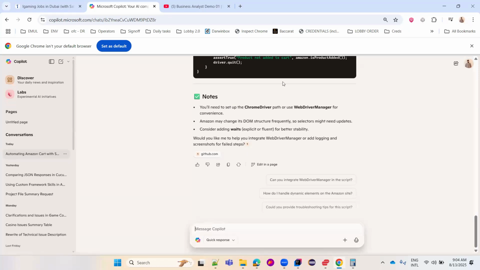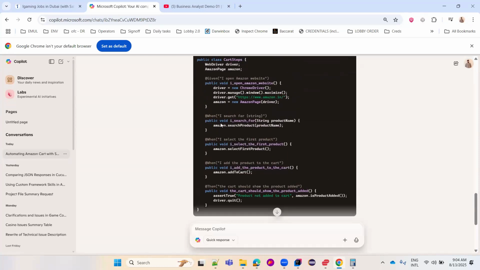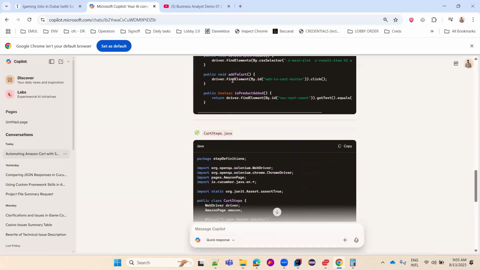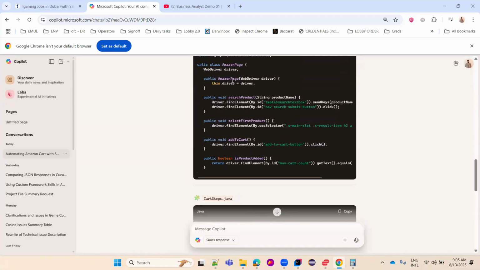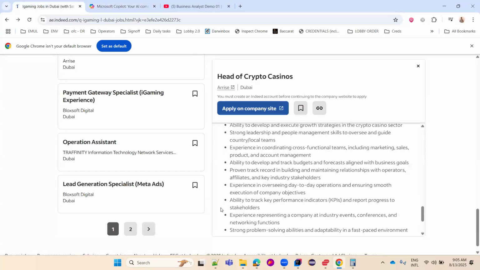You can see how easy it is. It's a basic script they have given. It's again asking if you want it to add any logging steps to take screenshots of failed steps. So automation is very easy, but you guys have to be aware. If you know Java, then you can know what this Java method is. If you know Java, then you are going to know how to implement the logic. That's it. Everything is served on a plate. So you guys have to think smart and move smart. Okay, clear?